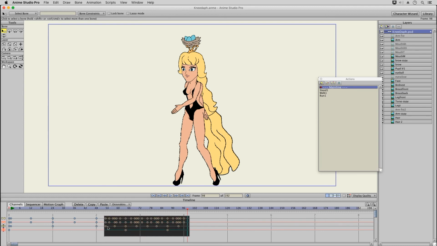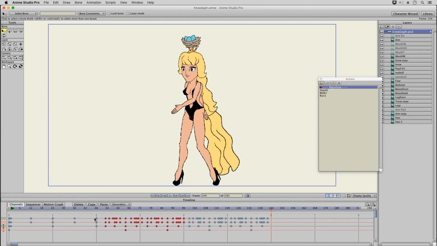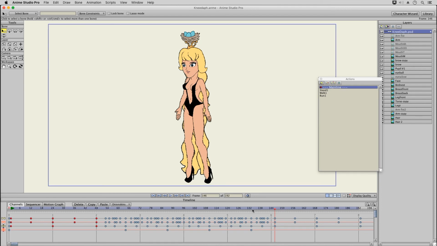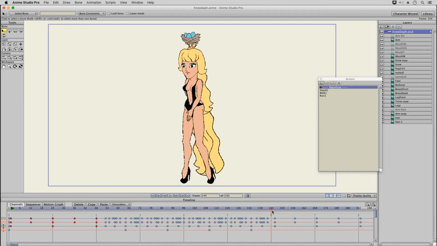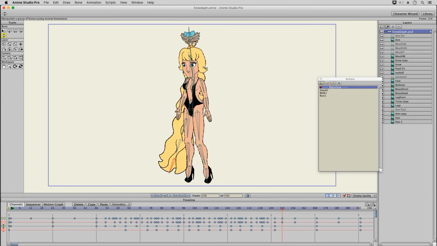and then I'll continue her walk. So I'll just highlight all those and paste that here, and then on frame 6 I'll get back to my original walk and then just copy the original frames and paste them there. So that'll allow it to settle into the stand animation. But I have to do some secondary animation here because her hair is going to be flowing forward with that sudden stop. So I'll just do that,